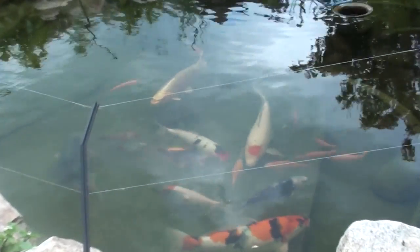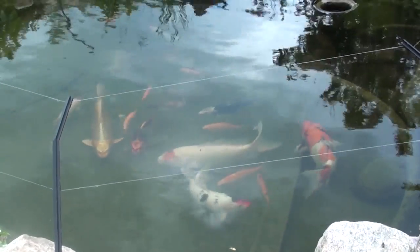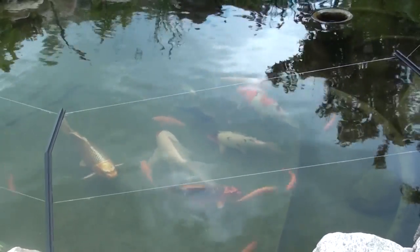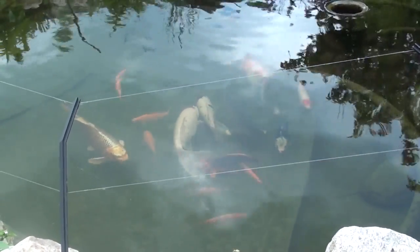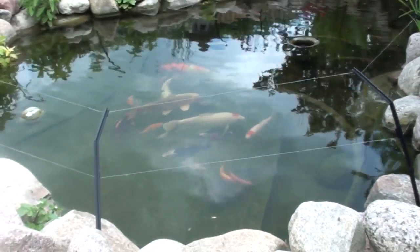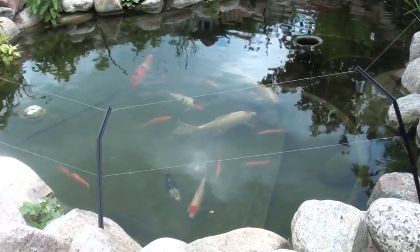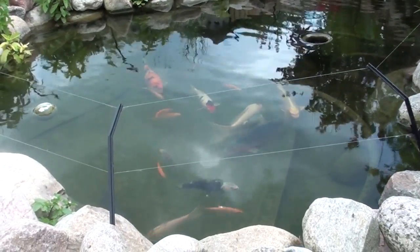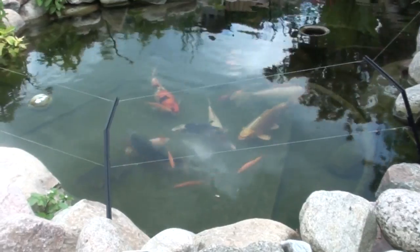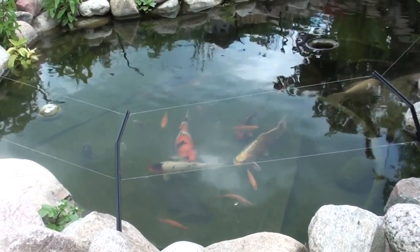Now remember that koi carp spend the whole day in the natural environment, grubbing around on the bottom of the pond or river or lake, wherever they are, and feeding on live food of different types, including water grubs, mollusks, small snails, you name it. And they use the whole day grazing on these stuff. Live food is actually important in a fish's diet because